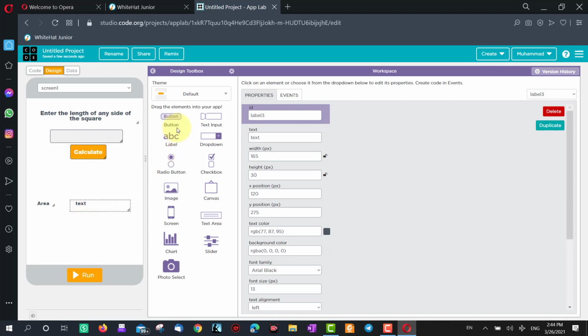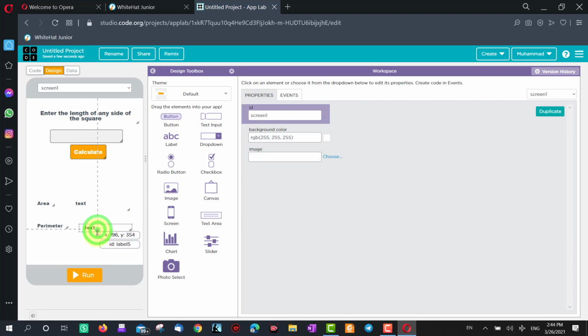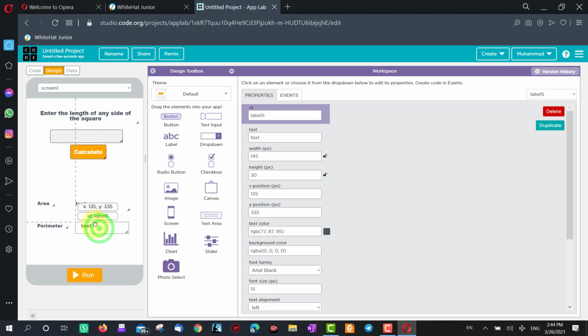Now the second result we need is perimeter. So take another label and put it below that area, and don't forget to rename it to perimeter. And we will need another label for the result, showing the result of perimeter, that is here it is. And again resize this box by just dragging it a little bit.